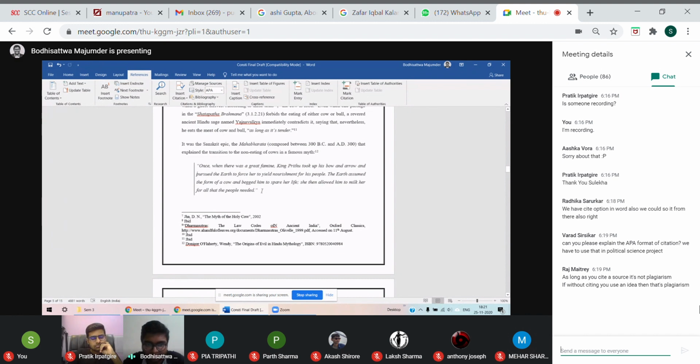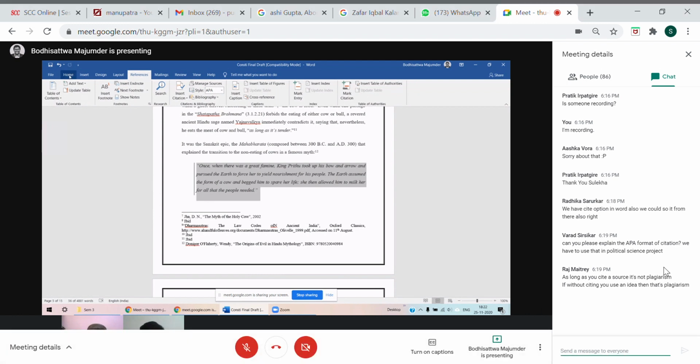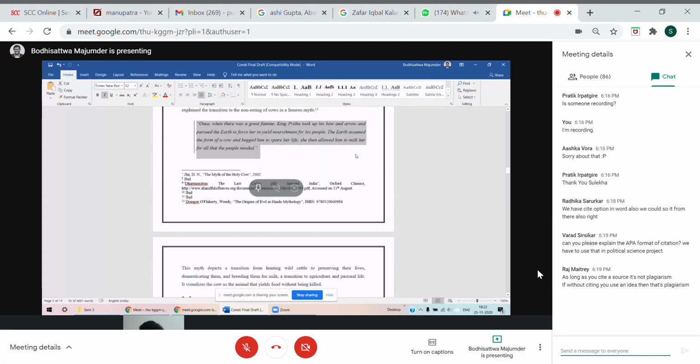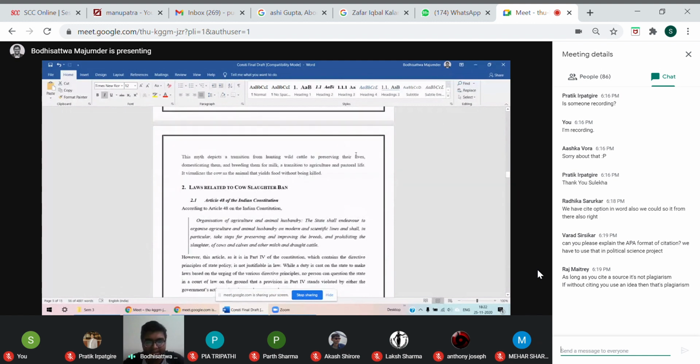So see, this is what I'm talking about. In this part, in my younger days, I have quoted the Mahabharata in my project. So what I have done is I have indented it. Indent means shifting the starting point. So this is how you quote something. Here I have not said that this is my paragraph. I have just quoted it. So you have to italicize it, add quotation marks, and you have to do this. How to do this? You have to select the text, go here, and do left border. This is the form of copy pasting something legally.